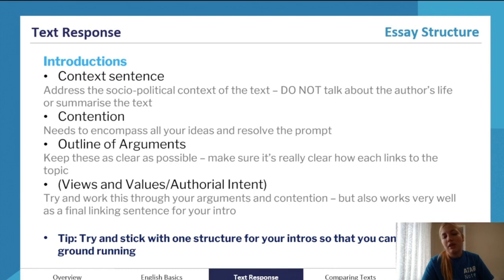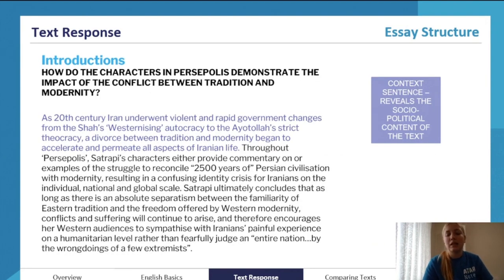And that will be your final sentence for your introduction. Make sure, again, to be really familiar with structures for all of your sections so that you can just hit the ground running on the exam and finish your essays in time and make sure they're nice and strong. It should feel formulaic, basically, and that's what you aim to get to. So let's have a look at an example of essay structure.